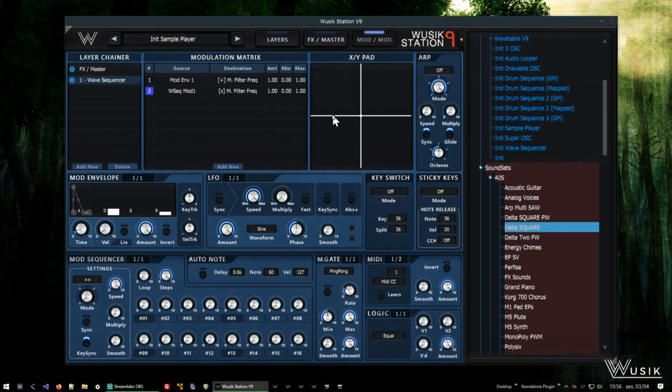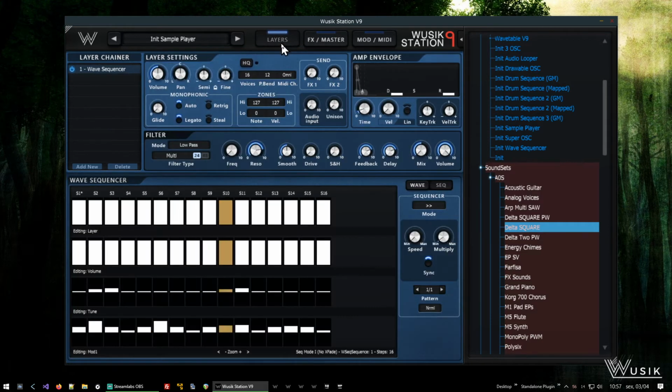And on the modulation layer here, I put the wave sequencer modulation 1 to the filter frequency, and I click on this column here to select multiply value instead of just adding the value. So it's just a very simple modulation to frequency,